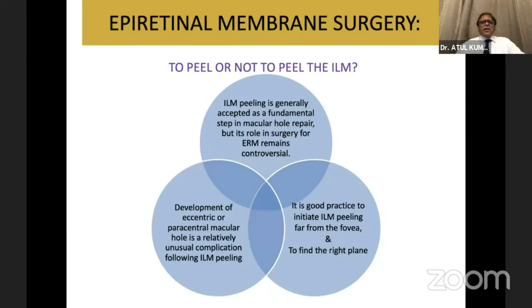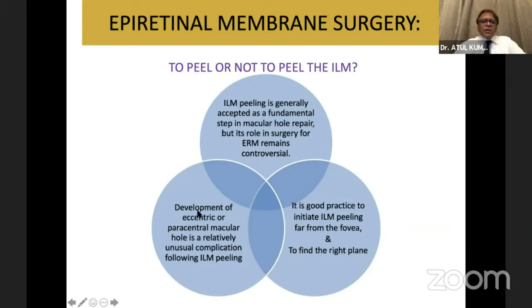Now I'll just cover a few common diseases, like macular hole, which I just did, and the myopic. So epiretinal membrane: grade 0, grade 1, we should not actually operate, so to peel or not to peel is the question mark. We shouldn't peel every membrane, and only if a patient develops symptoms, he's got metamorphopsia and his vision has dropped and he's feeling symptomatically worse. So you need to do serial follow-ups of such patients.